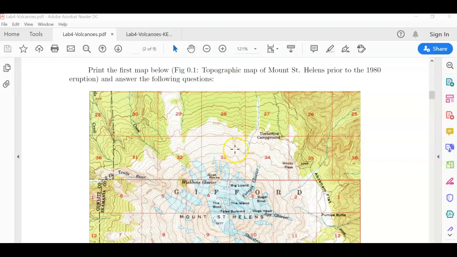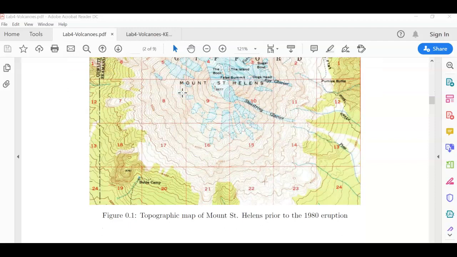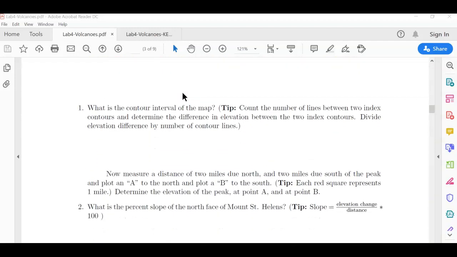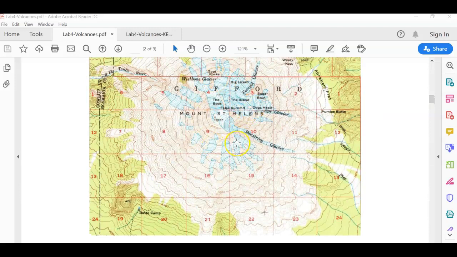Okay? So, after you have printed that, but before you go ahead and tackle the questions, a lot of these have to do with contour lines and contour intervals. So you're going to have to do a lot of topographic map analysis. If you're not familiar with topographic maps, which probably most of you are not, I would recommend you go